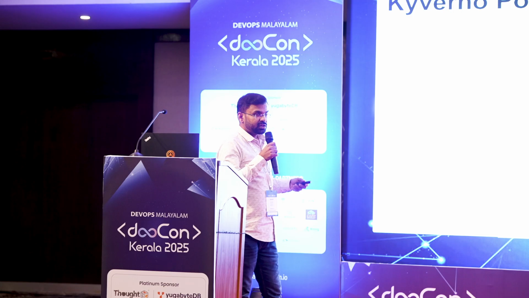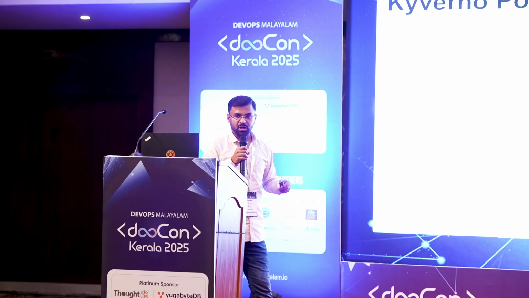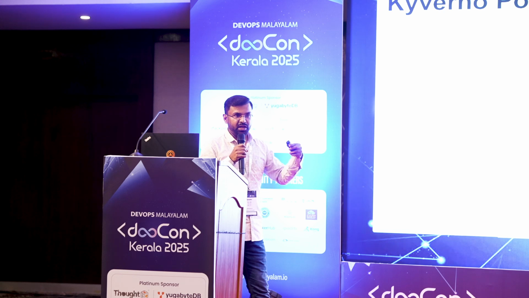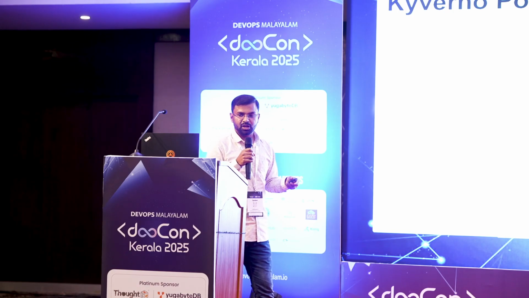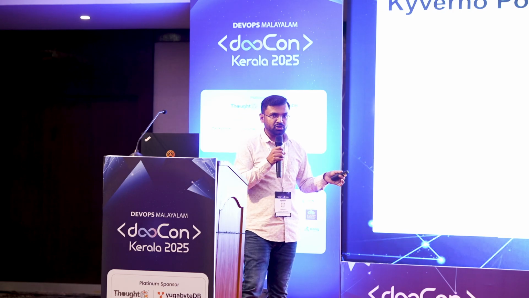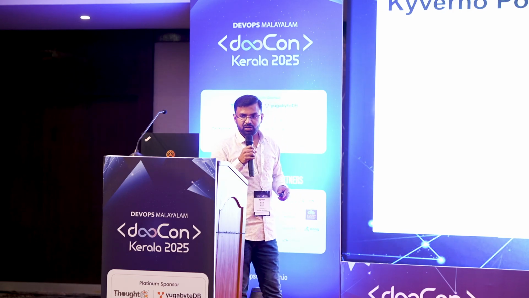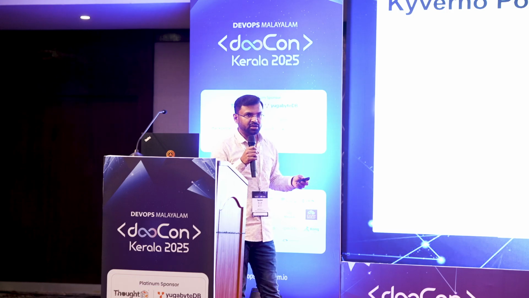Yeah, now we will see the Kyverno policy structure. So every policy will have one or more rules, and every rule will have either match or exclude. So match means we are going to say to which resource we are going to apply this policy, whether it's a deployment or something we can define. And exclude means we don't want to consider some resources for the policy, which we can define. And then as we saw in the earlier slide, either you can validate, mutate, generate or verify image.